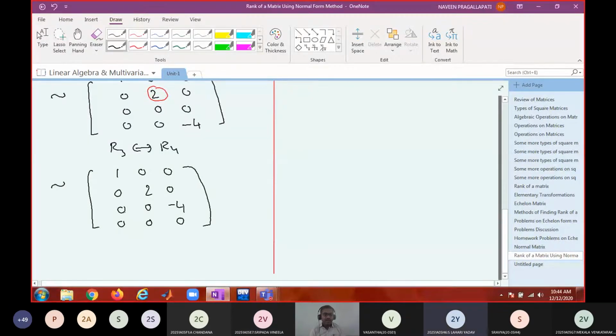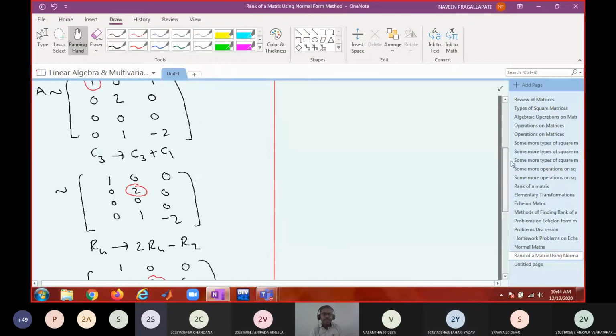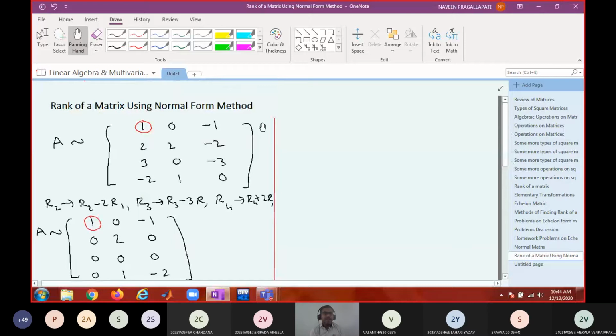Divide the second row by 2 and divide the third row by minus 4. So if I do that, what do I get? R2 changes to 1 by 2 into R2, and R3 changes to minus 1 by 4 into R3. Then A is equivalent to